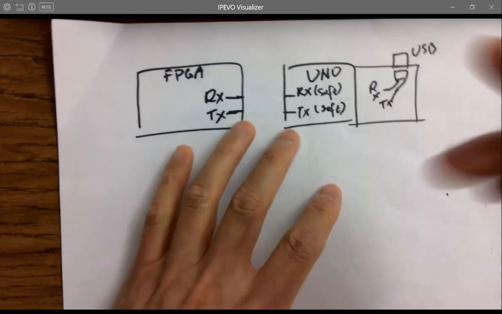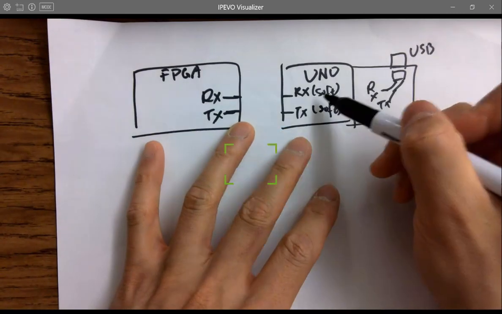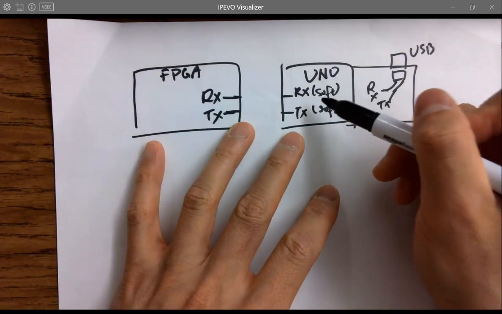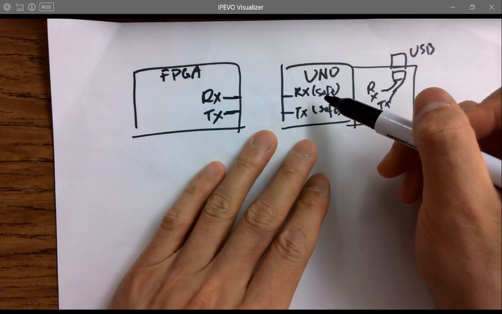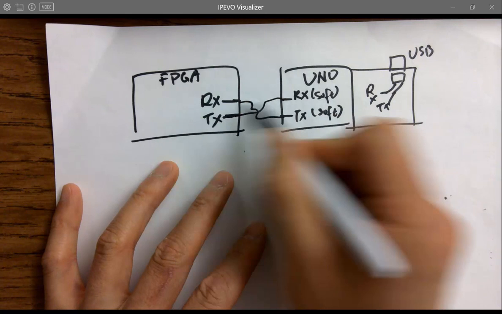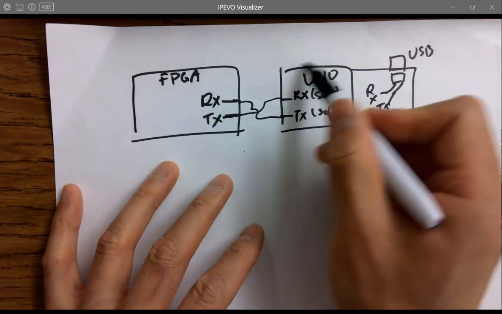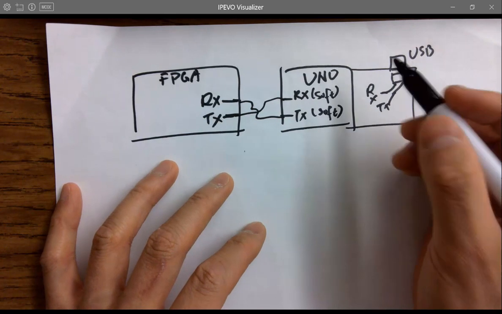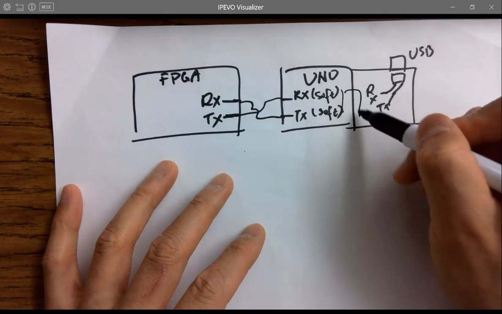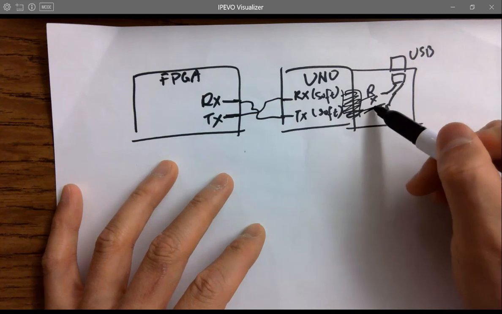So we'll have to do it in robotics 2 in the fall. We'll program a soft, I think, UART probably to do the balancing robot. But now we do the connection here, connect these two. The FPGA will be able to send data over to your UNO microcontroller, and then you program it, the firmware, whatever, and then you send the data to here, maybe TX,